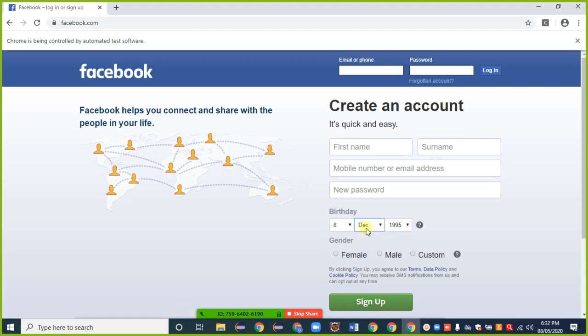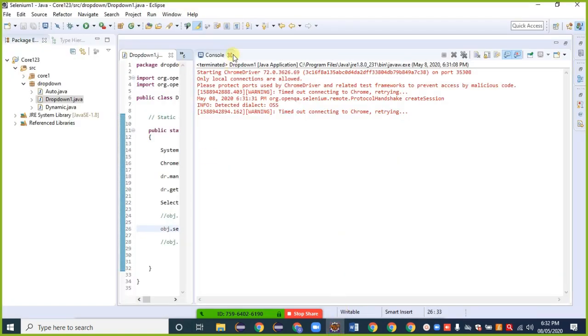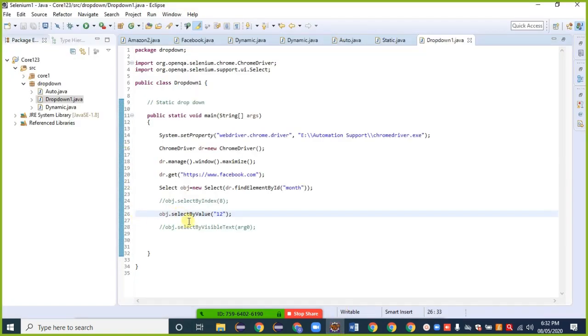Here we get the desired output by using the value. By using the value. What is the last one? By using visible text.